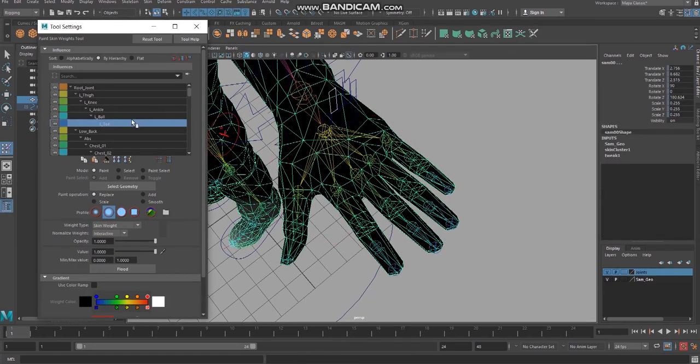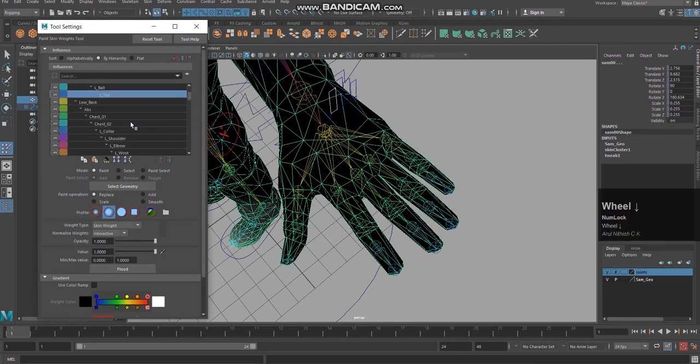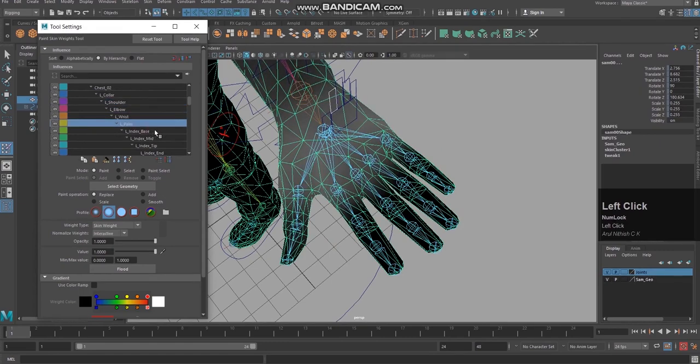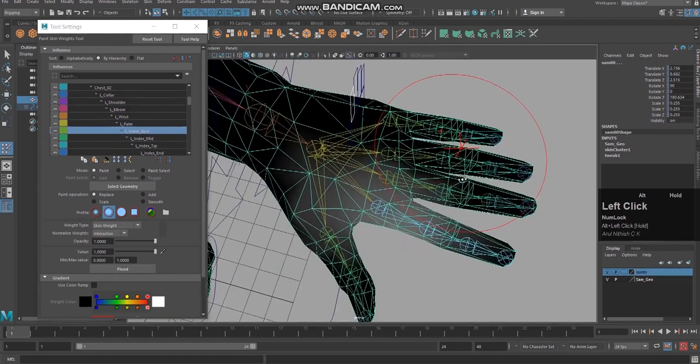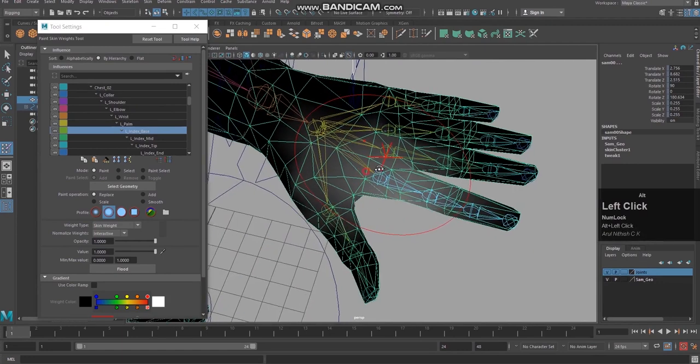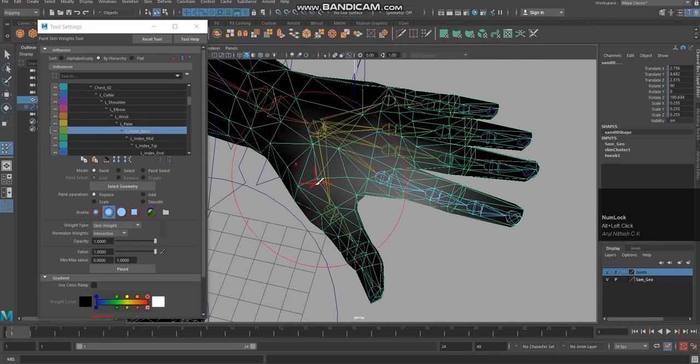I'm going to select left collar, shoulder, elbow, wrist, palm, left index base. Yes, you can see the influence of the base finger has spread over too much of the area. Even it came up to the thumb finger.